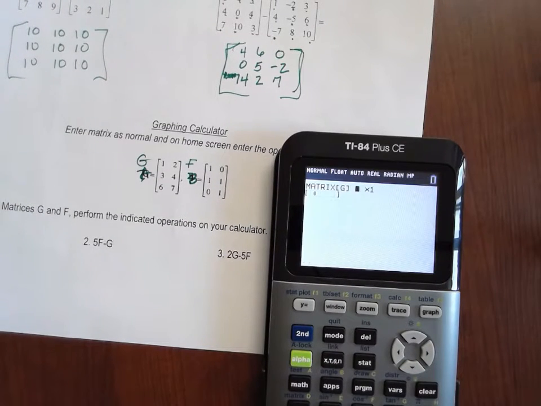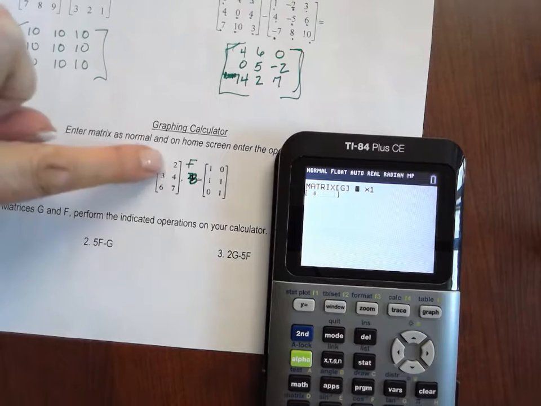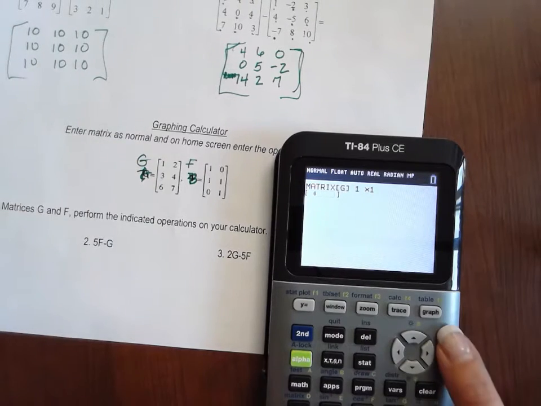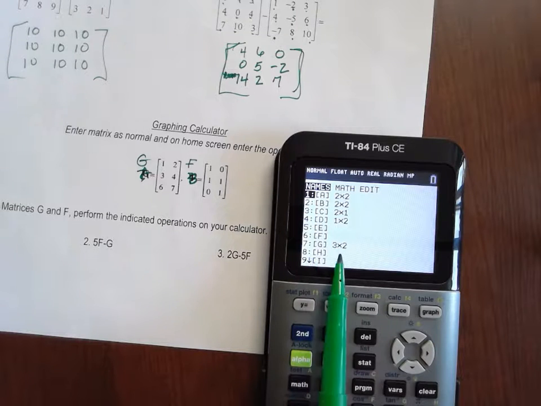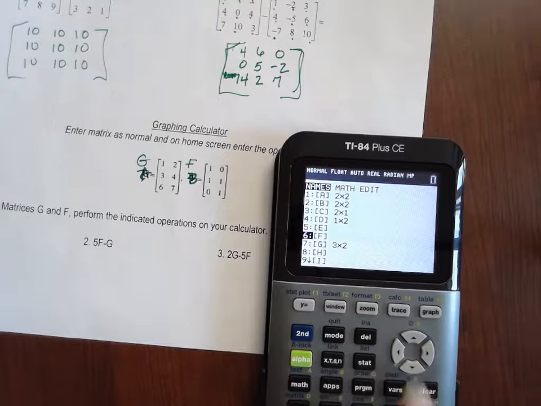All right, so I have G. It is a 3 by 2. And now I can enter it. So 1, 2, 3, 4, 6, and 7. Everybody with me? Okay, so now when I go back to my matrix, it's now stored. All right, so then let's put in